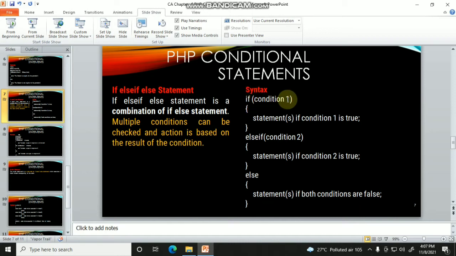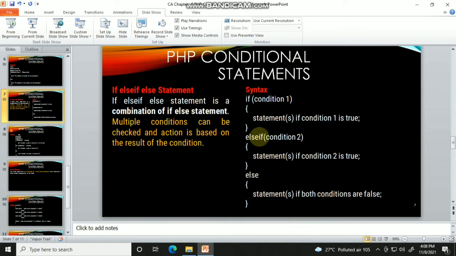If condition 1 is true, the statement will be executed, or if the condition is not true, it will come to the else part. Inside the else part you will have another if condition. In the previous example you have only else, print the statement, move out.